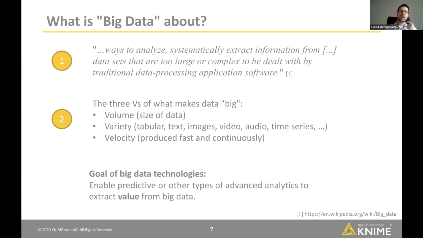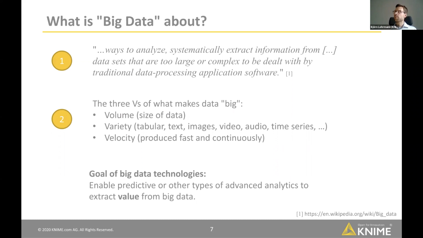The other perspective on what big data means is that the aspects that make big data big are not only volume, but also variety. So a lot of different types of data, whether that is standard tabular data or text or images, audio, time series, and all these things. But big data also deals with fast data, so velocity is an aspect.